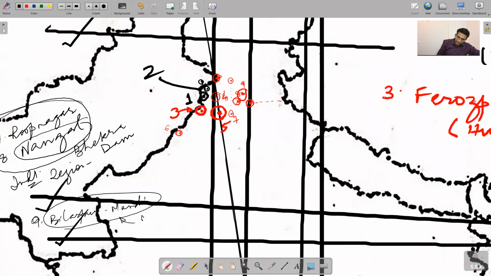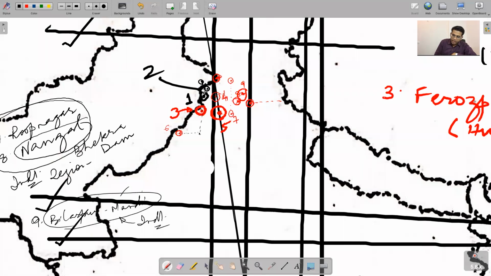This is an industrial region. Bilaspur Mandi also has the lake of Bhakra Nangal. It's called Gobind Sagar. Mandi Bilaspur is an industrial corridor. Okay, a lot of cement plants are here. Next is, this is Ganganagar. Move east of Ganganagar, below Amritsar, somewhere here. Bilaspur is Himachal Pradesh, yes.